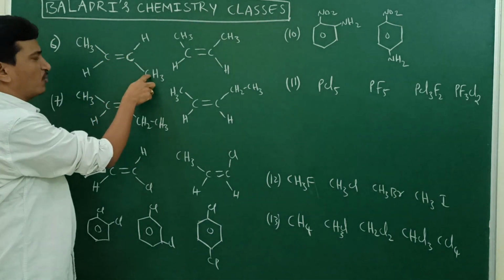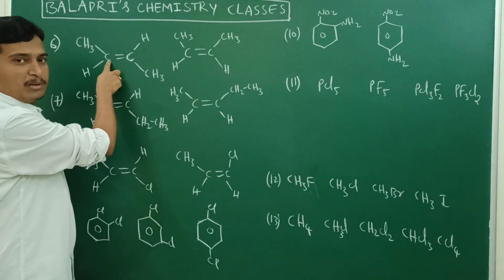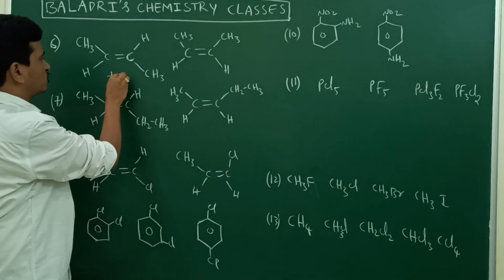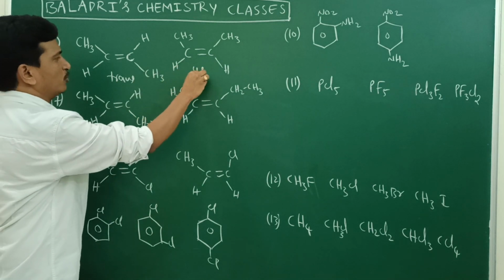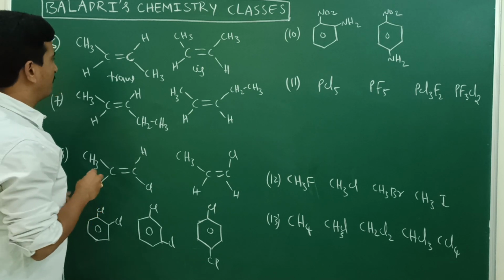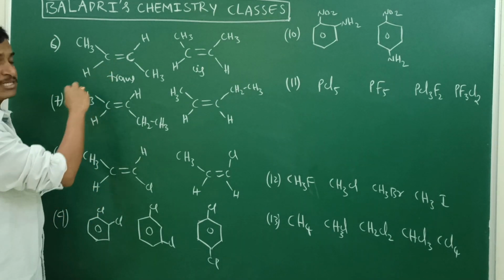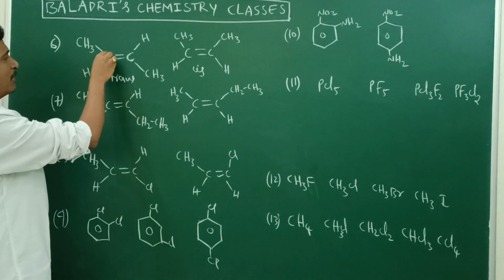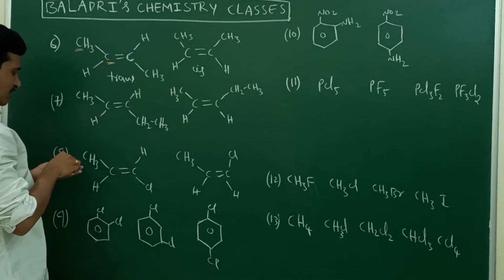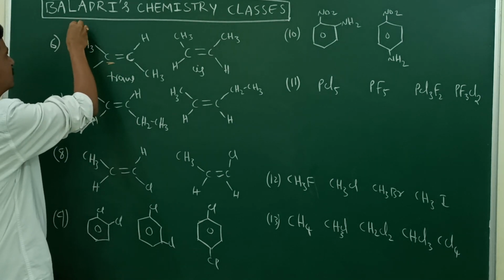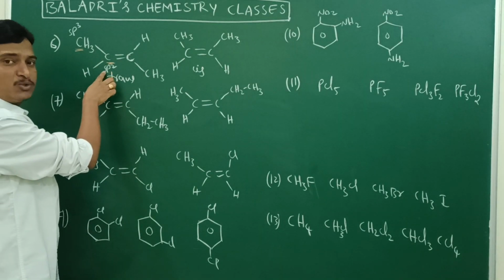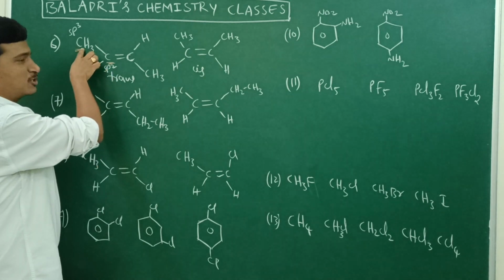So 1, 2, 3, 4: four carbons are there. At the second carbon a double bond is there. 2-butene, and the trans compound of 2-butene I wrote here. This is trans 2-butene, and here this is cis 2-butene. Now out of trans and cis 2-butene, which will have more dipole moment, we will decide based on the dipole moment vector. See the board, everyone. This carbon is an sp2 hybridized carbon, and this carbon is an sp3 hybridized carbon. This is sp3 hybridized carbon, and this is sp2 hybridized carbon. Now we know that sp2 hybridized carbon is more electronegative than sp3 hybridized carbon.